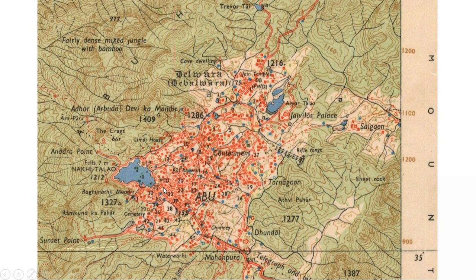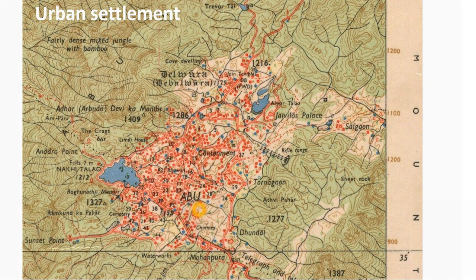Then we can read it out. Raj Bhavan is there, PTO, that is Post and Telegraph Office is there, then police station, then lakes to supply water, right? So this is a large settlement, large urban settlement, and this settlement is located in Abu Hills in Rajasthan. This is similar to rural settlement, but it varies in its features.